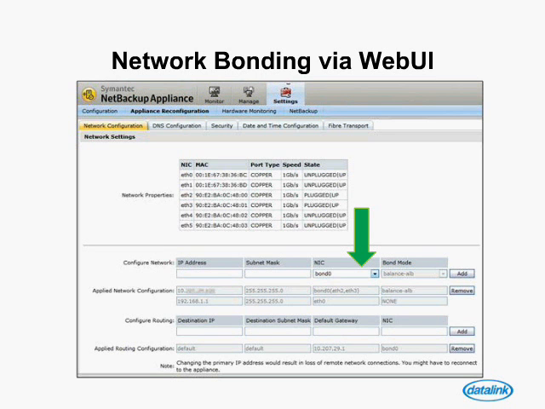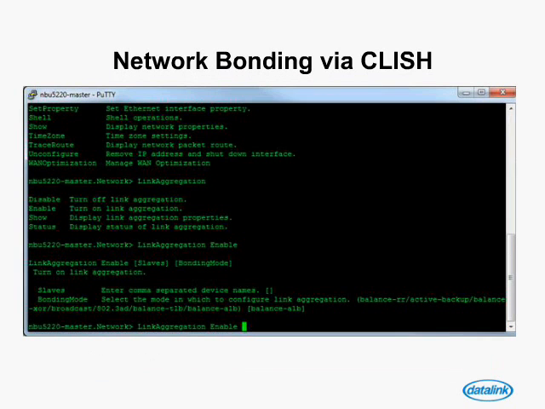And you can come in here and set the bonding and set the type of bonding that you're doing, because there are different flavors of bonding, and it all depends upon what your network team is running with as to what you'll need to use. But you can aggregate the NICs together for better performance if necessary. And this is, again, from the command line,